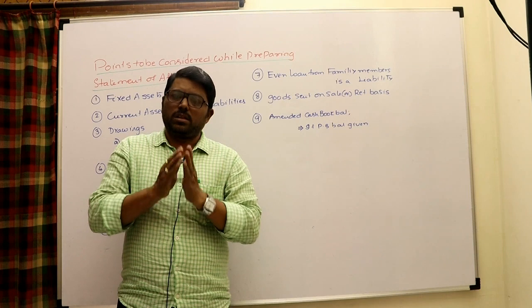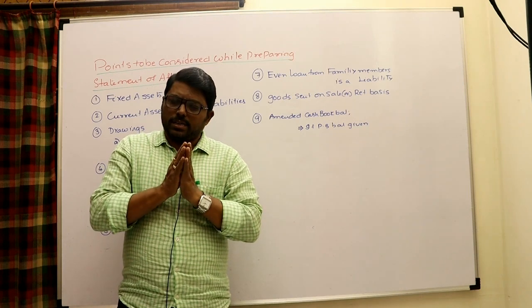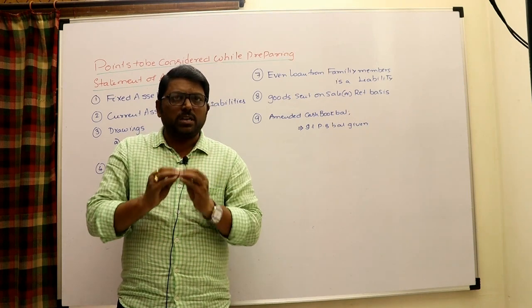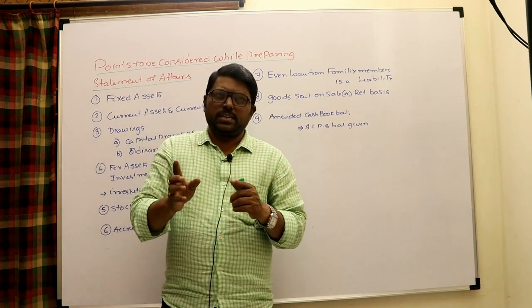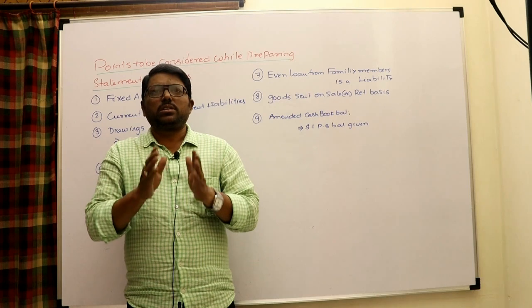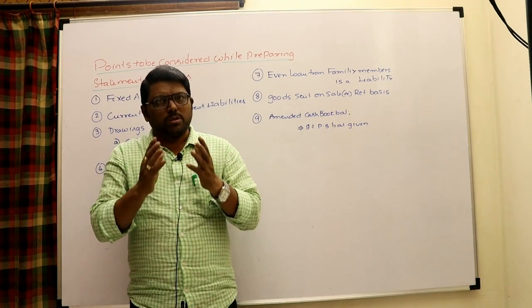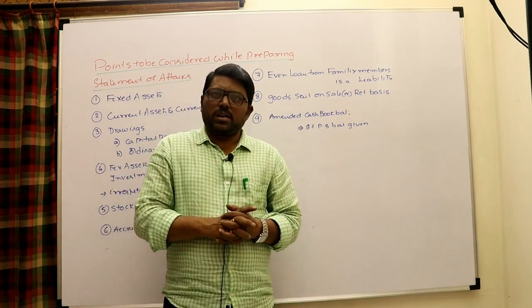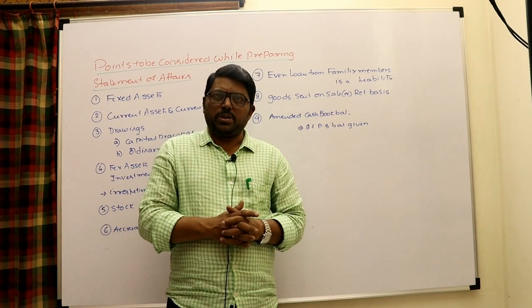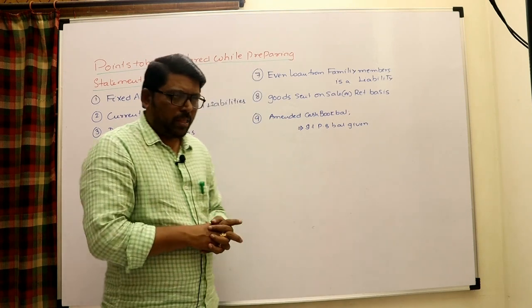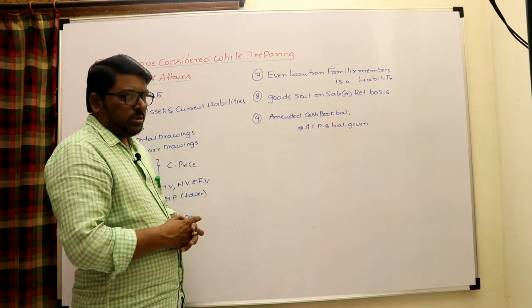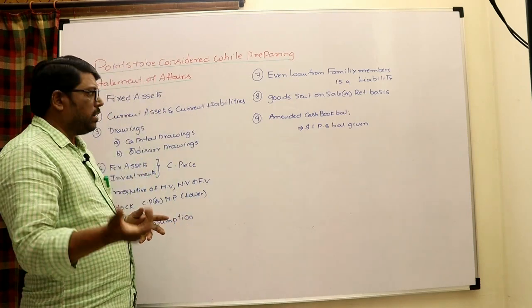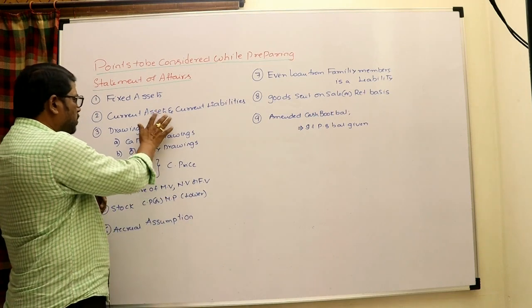Certainly the opening current assets and current liabilities will change during this year because of doing business: stock, debtors, creditors, cash, bank, etc. So whatever balances are given for current assets and current liabilities at the end of the period, we need to take those. You can't assume that what is there in the beginning is there at the end also. Their amounts and even their nature of balance may change.